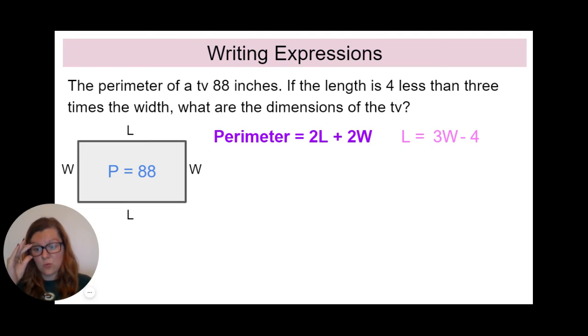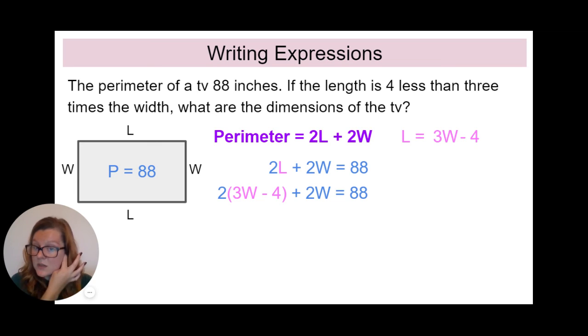And like I said before, we know that the perimeter is just adding up all the sides. So that's L plus W plus L plus W. Or we can use this formula here that says 2 times the length plus 2 times the width. So that makes it a little bit less long. It's not super long, but you can use the other way as well. So I have L by itself. So I'm like, hey, I could use substitution here. Go ahead and take L and plug it into this formula. I know that the perimeter is equal to 88, so I can plug that in as well. Once you have that plugged in, you can use substitution. Go ahead and substitute that too.